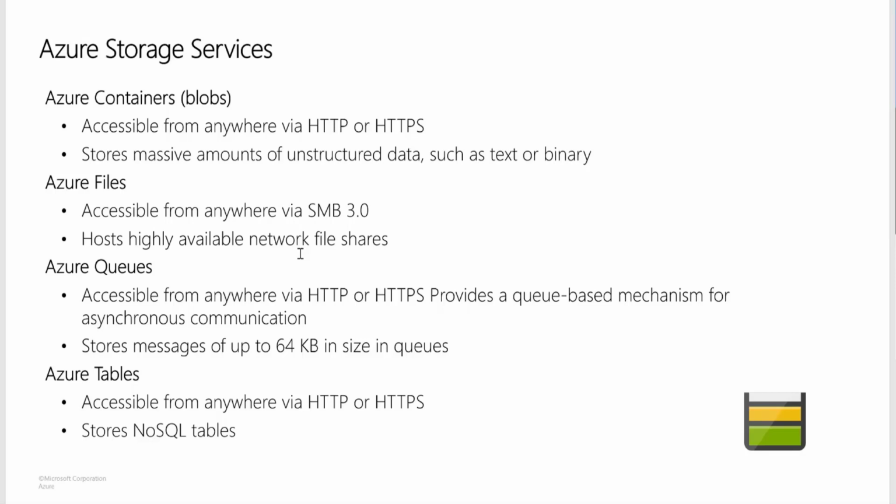Secondly, we have Azure Files. Azure Files enables you to set up highly available network file shares that can be accessed by using SMB, that's a Server Message Block Protocol. That means that multiple VMs can share the same files with both read and write access. You can also read files using REST interface or with the storage client libraries. One thing that distinguishes Azure Files from files on a corporate file share is that you can access the files from anywhere in the world using the URL that points to the